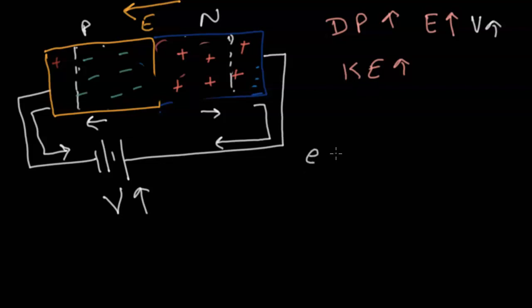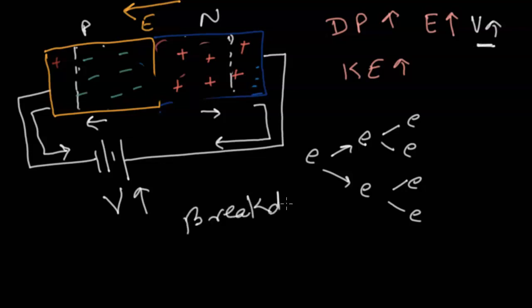One electron now goes ahead and collides with the other electron. As it collides, it breaks the covalent bonds and it splits into two. This multiplication keeps on occurring, and due to the collision, as we keep on increasing the voltage, there comes a point called the breakdown voltage, the reverse bias breakdown voltage, where my minority charge carriers have sufficient energy to cross over the potential barrier. They travel through the N-type semiconductor and get attracted towards the positive charge. So they start traveling in this direction.